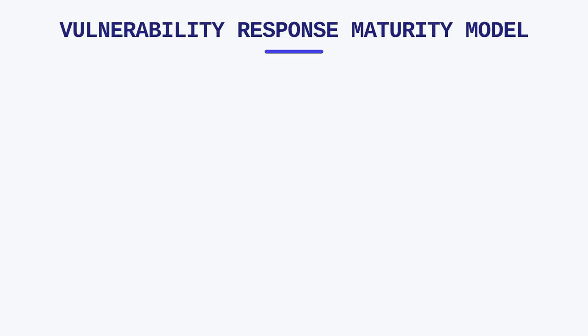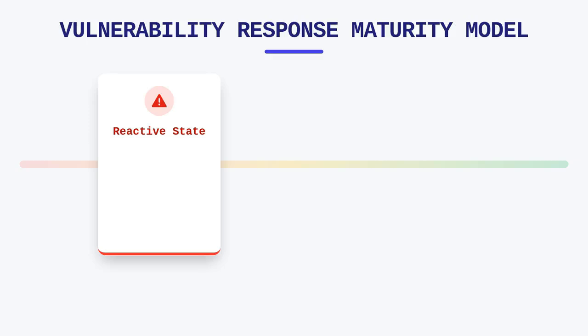When we approach the vulnerability response maturity model, we are essentially looking at a spectrum that dictates how data flows from discovery to remediation. At the lowest level of maturity, organizations often operate in a reactive state, relying on manual data entry and spreadsheet-based tracking to manage patches. This level is characterized by a lack of integration between discovery tools and the platform, leading to significant delays in